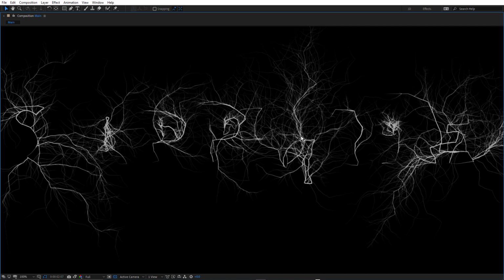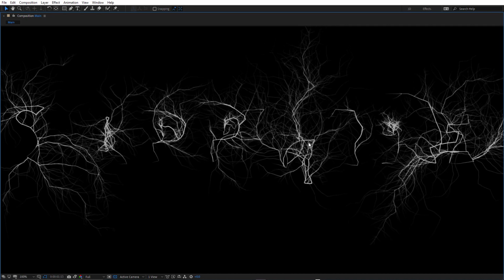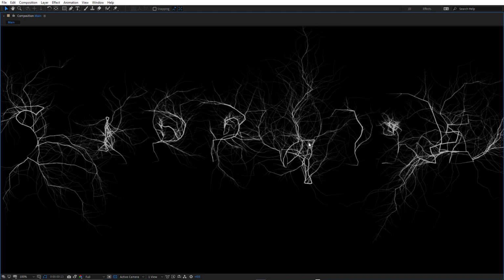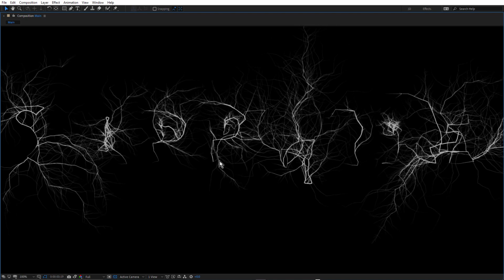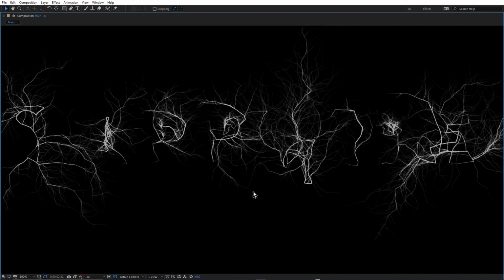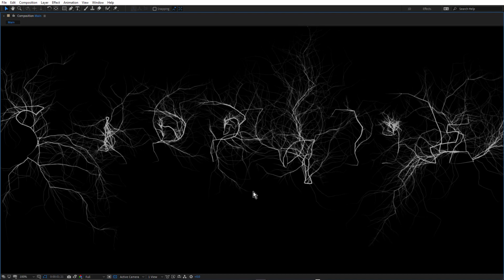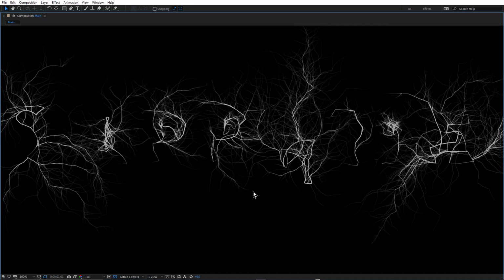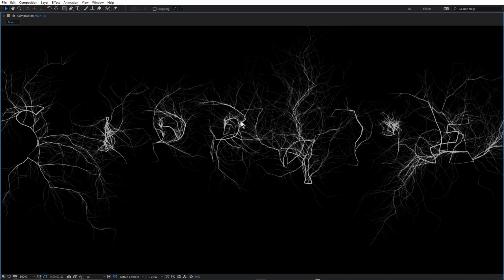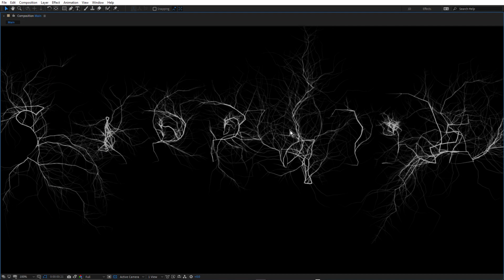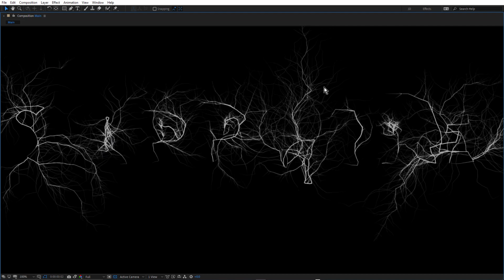We do get this kind of jerkiness in some parts of it, but I kind of like that because it makes it look a little creepier. See how this one is almost not moving and then shoots out like that. It gives it that kind of irregularity, which makes it look a little spookier. Now, there isn't any wiggle applied to this, so you can see the bolts are stationary and so are the branches. It's just the branch length that's animated.